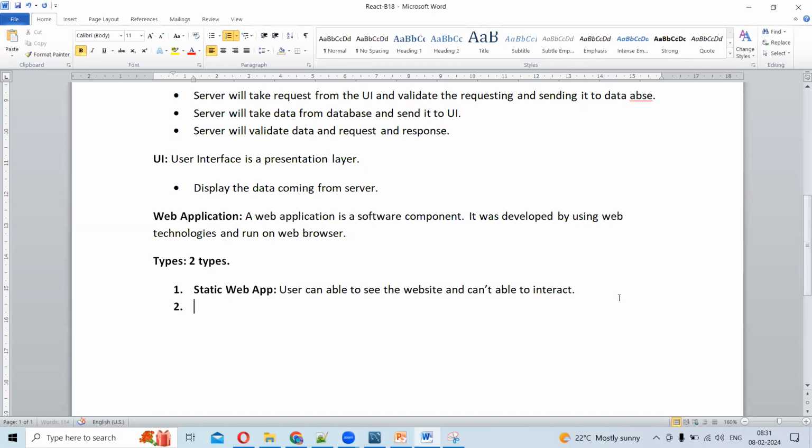So how to build a static web application? Static web applications are built by using HTML, CSS, and Bootstrap. That's it. HTML, CSS, and Bootstrap. Next,